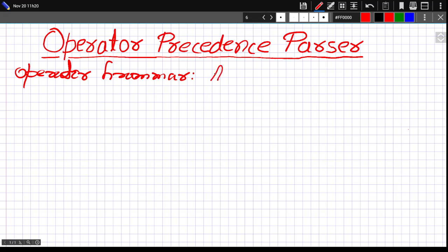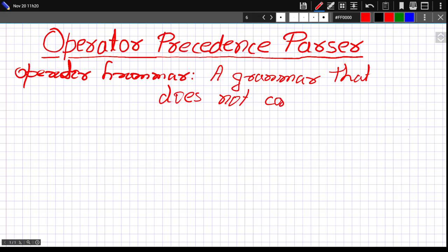It is just a grammar that does not contain the following. What are those things? First, it does not contain any lambda production,